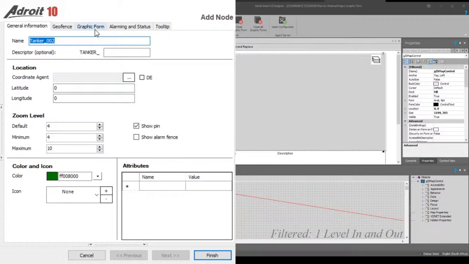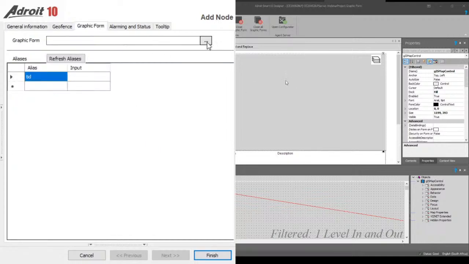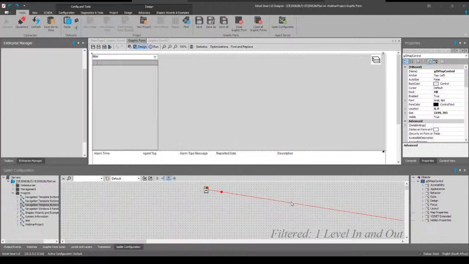So the templates work pretty much the same as on the open graphic form behavior. You define a graphic form that you want to open, and put in any substitutions for the aliases that the form has. So we would browse for our template. It's got an alias called TID. I know it needs to be _002. And if we finish that